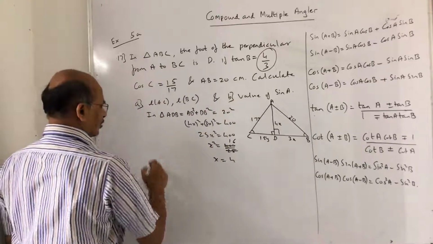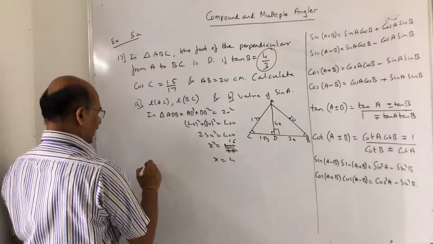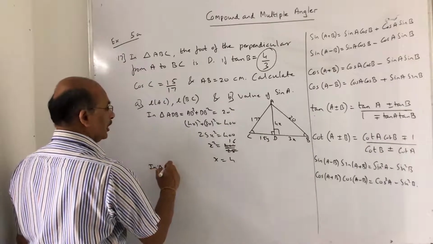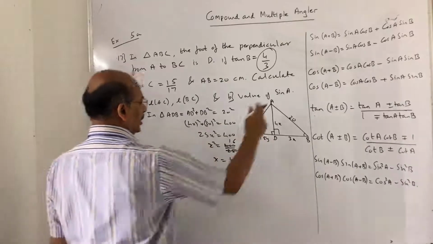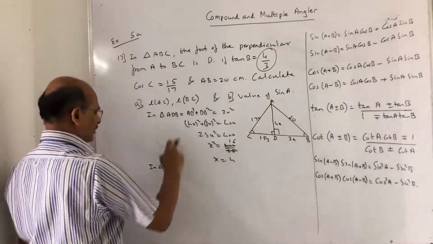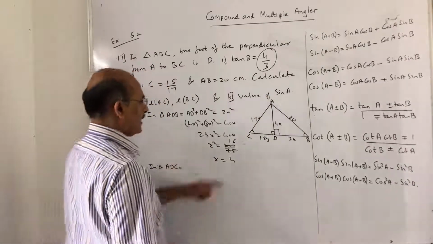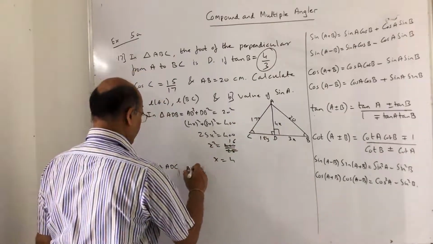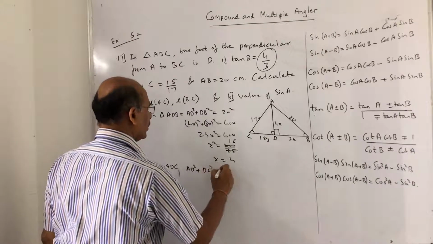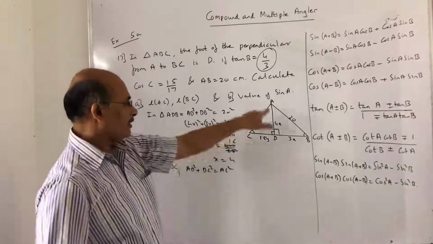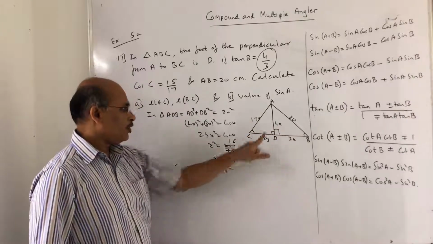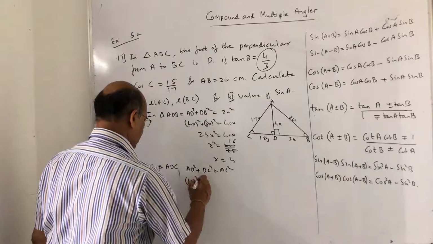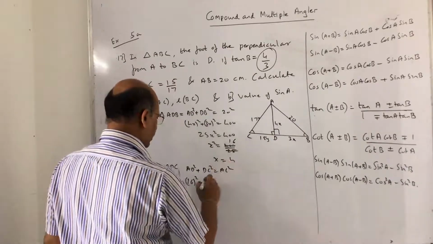No. So let us talk about the second part, that is in this triangle I am considering now, in triangle ADC, sorry, because ADB I already finished with it. So in triangle ADC, AD square plus DC square is equal to AC square. Now what is AD square? Remember x value already got is 4, so 4 4s are 16. So it will be 16 square plus DC square. What is DC square?